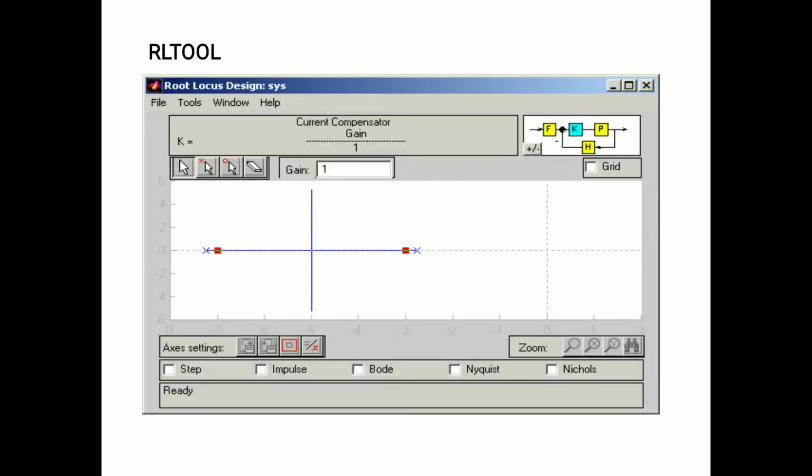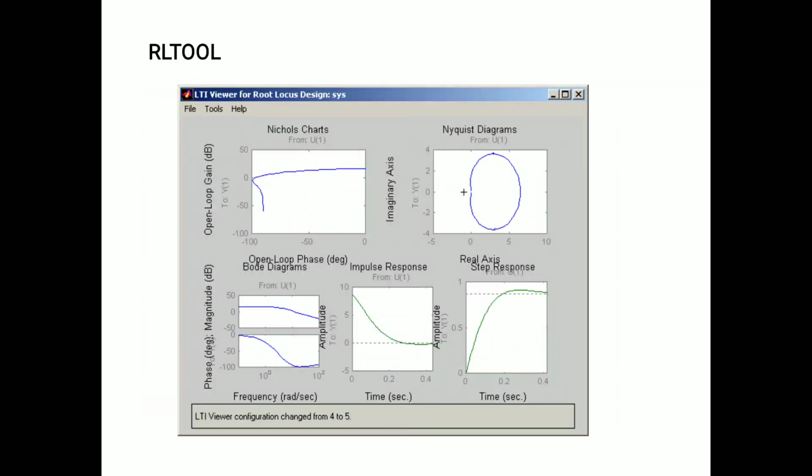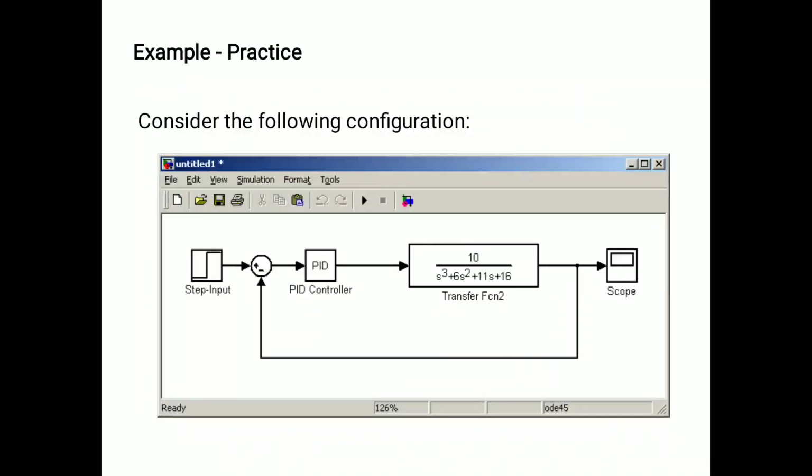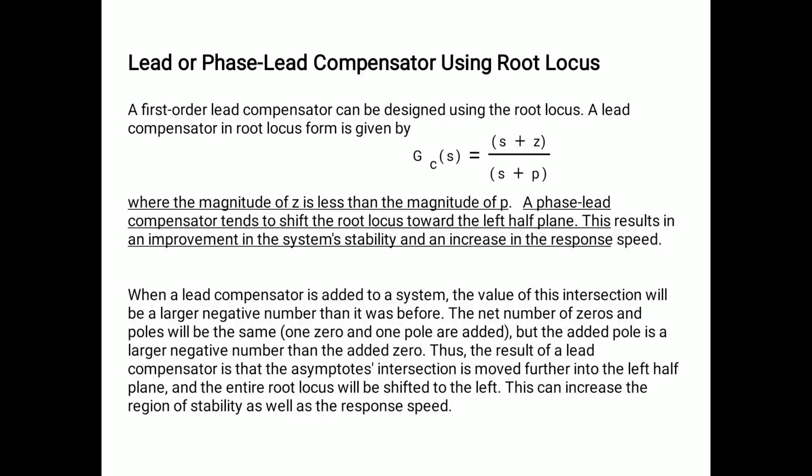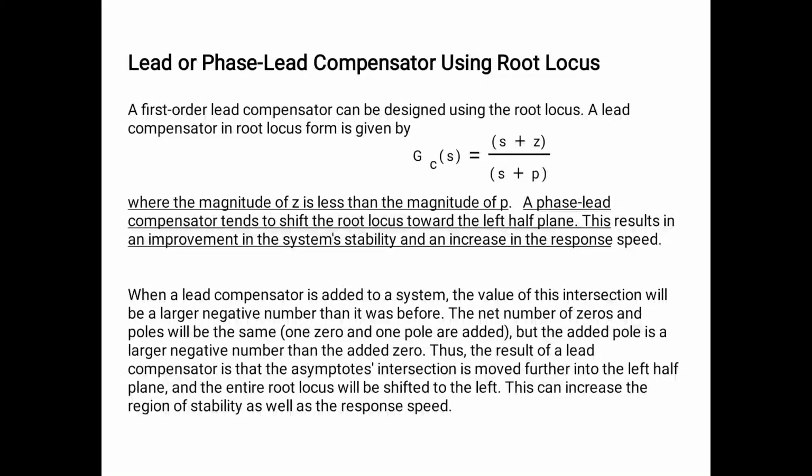There are various tools available to see the various design performances of the PID controllers. In this way we can find out the performances of the various compensator networks also, such as the lead or phase lead compensator using the root locus method